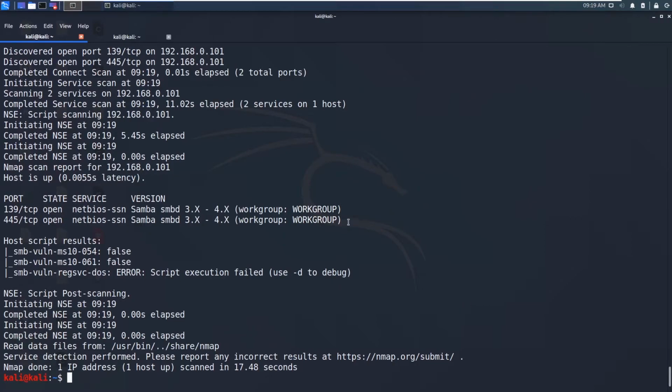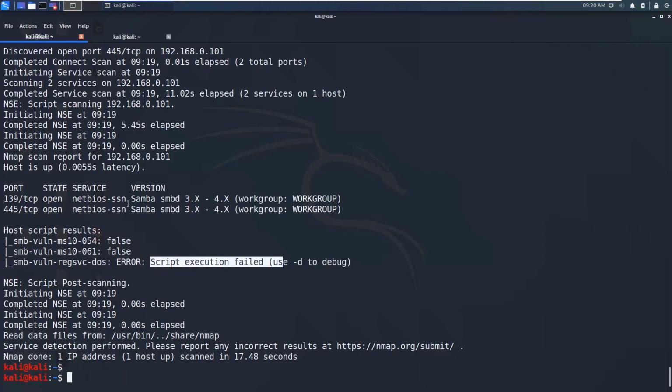So now previous information has been got again about the SMB version numbers, and also you can see results. SMB vuln to this. MS10-054 is false and MS10-061 is false. So these two exploits failed. We can also see it executed some script and it also failed. So this way, if there are any true cases, Nmap will show us.